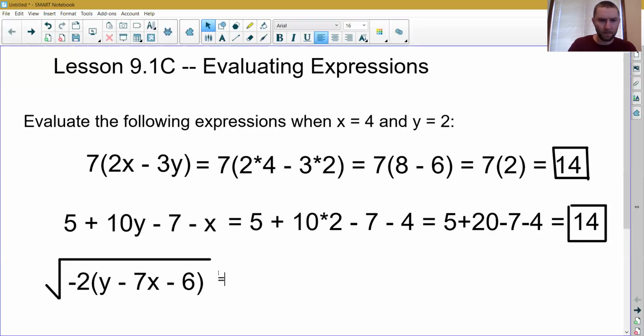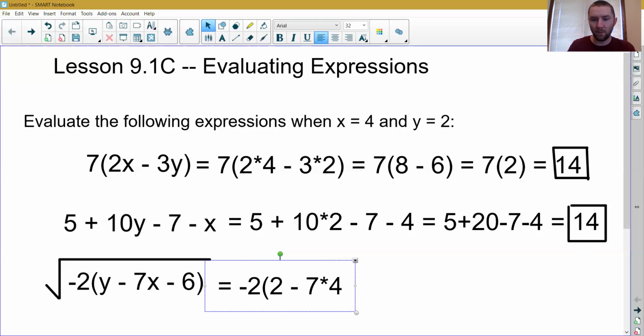Okay, so if I start by just replacing my variables with their values again, underneath the square root it says -2 times, in parentheses, my y value is 2 minus 7 times 4 minus 6. Okay, and now I have grouping symbols here as well, so I need to deal with that first, right? In the parentheses, I see 2 subtraction signs and 1 multiplication sign. According to the order of operations, I need to multiply first before I subtract, so this becomes -2 times 2